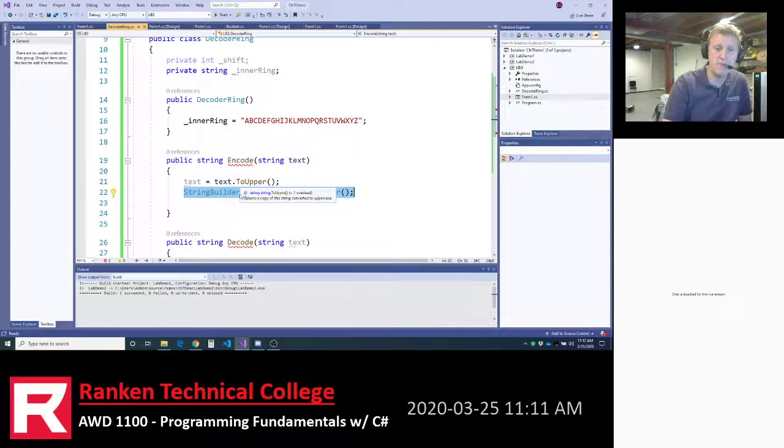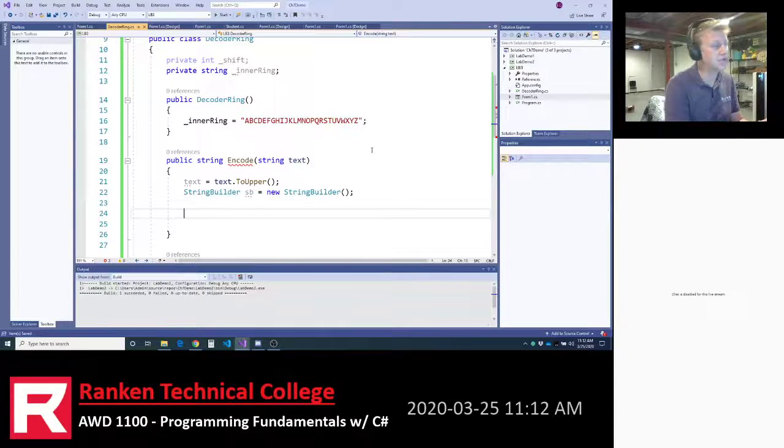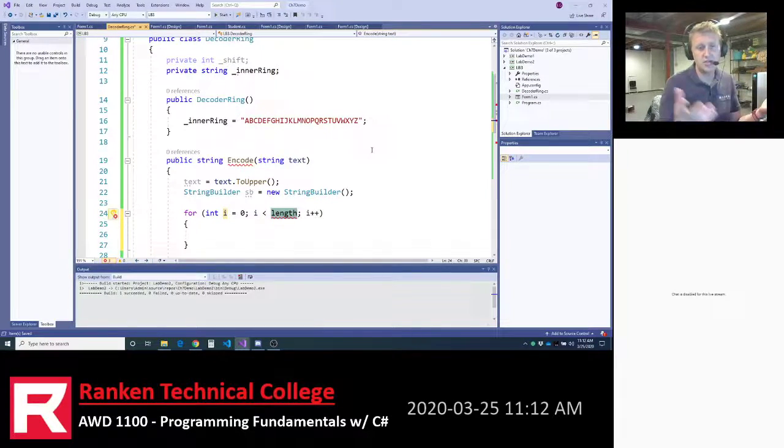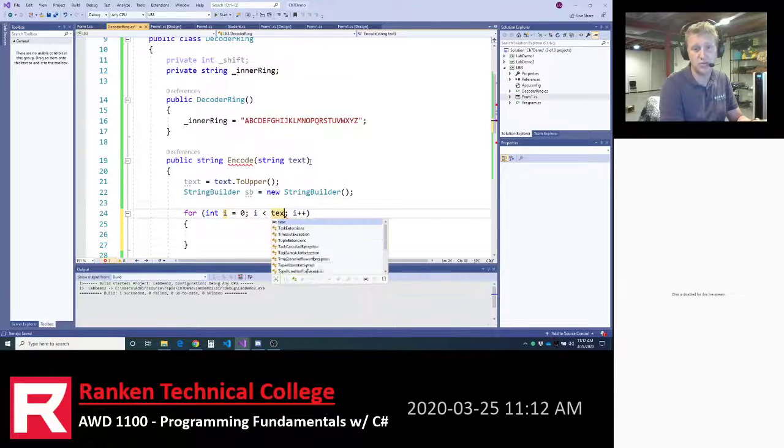You just use the methods of the string builder class, and so it's a nice class to use. What I'll start off by doing is a normal for loop, and since you have a phrase that's coming in and being stored as your text, you need to loop through each individual